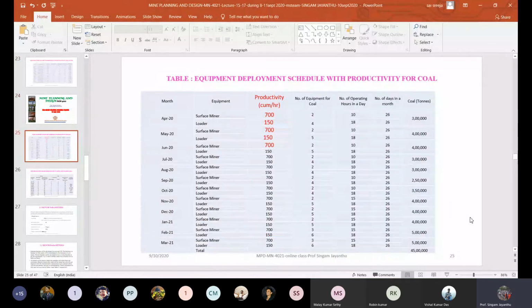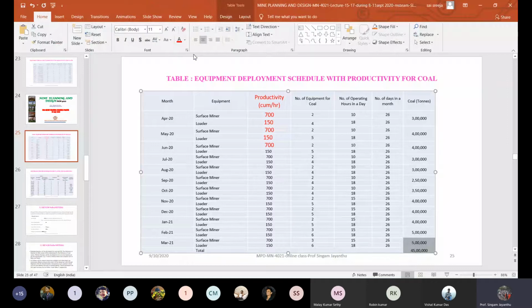and development of mineral deposits, so that you achieve the total coal production mentioned here, about 4.5 million tons. That is 45 lakhs of coal to be achieved in 2021. As you may remember, this mine is planned, and this is the third year of mining. As I told you, it has not achieved the full potential by this time, and that may take some more time to achieve the full potential.